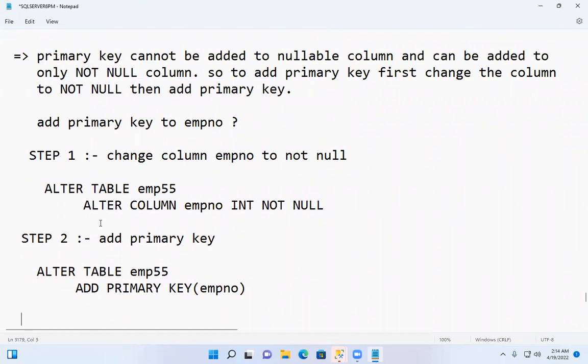Okay, now understood? So to add a primary key, you have to execute two commands. What are the two commands? One is to change the column to not null. The next one is to add the primary key. Okay, then